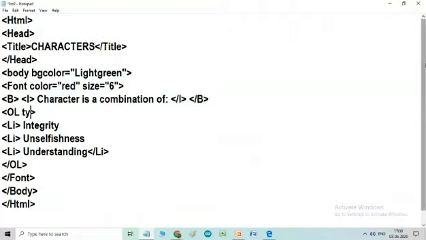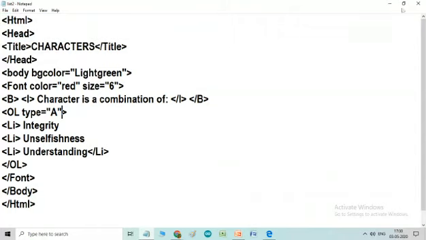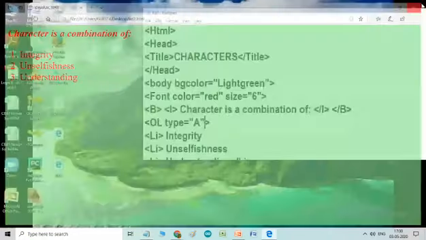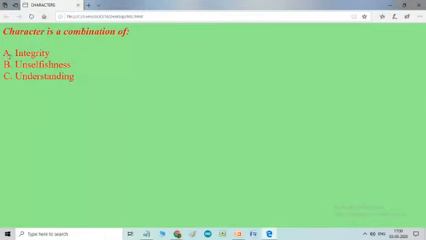Now we will use the other attribute, that is type. So with the OL we will write the attribute type and give its value as capital A. Let's see the result. So now I'll say save, and run my program. You see, automatically the list has come as A, B, C. So this is the first attribute.